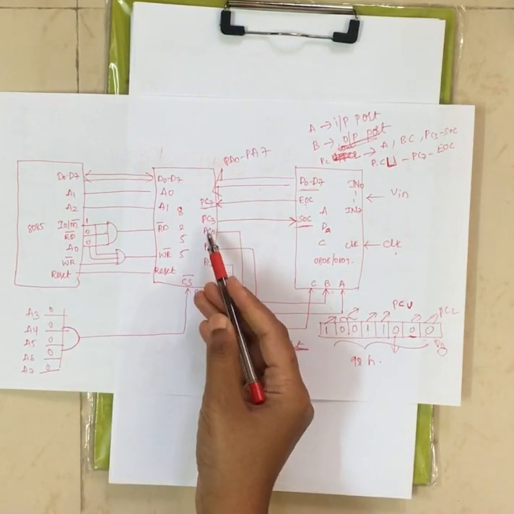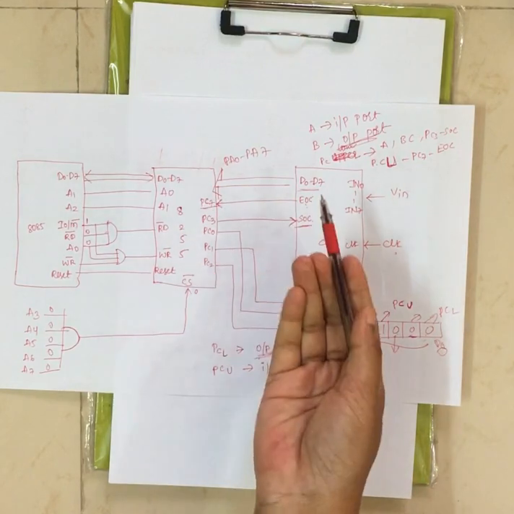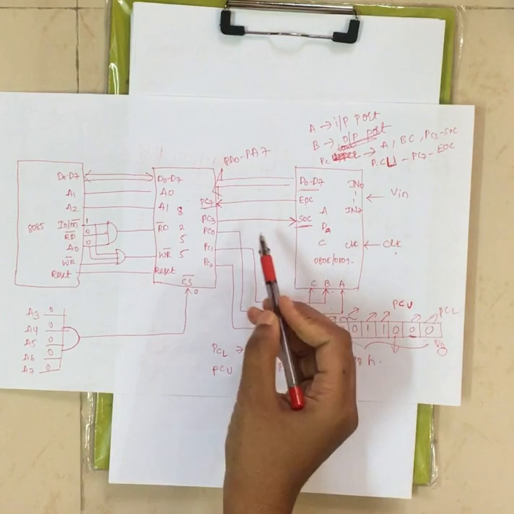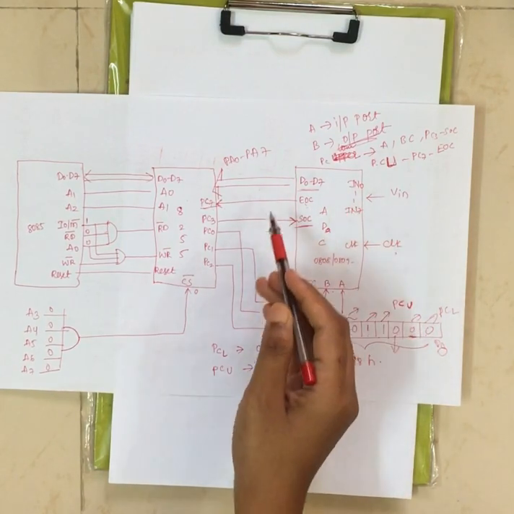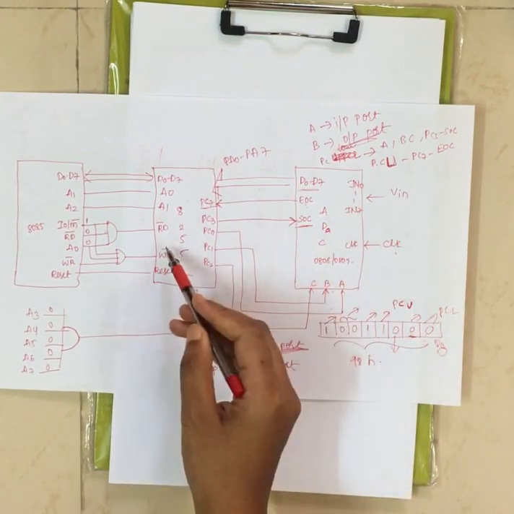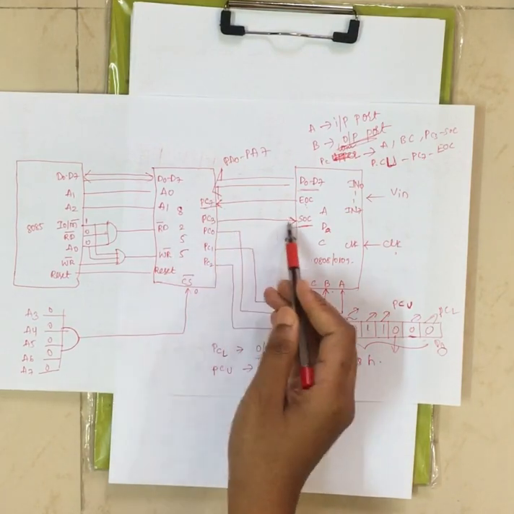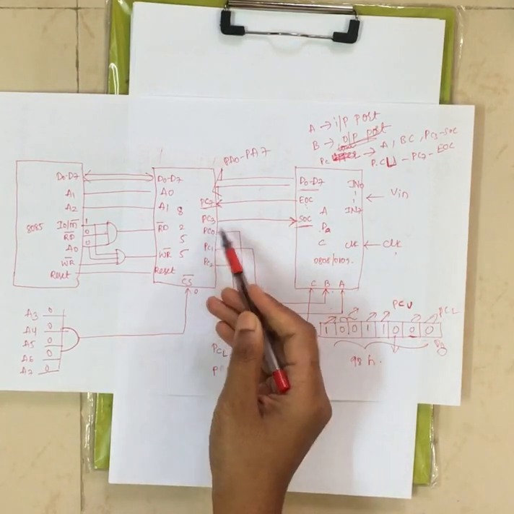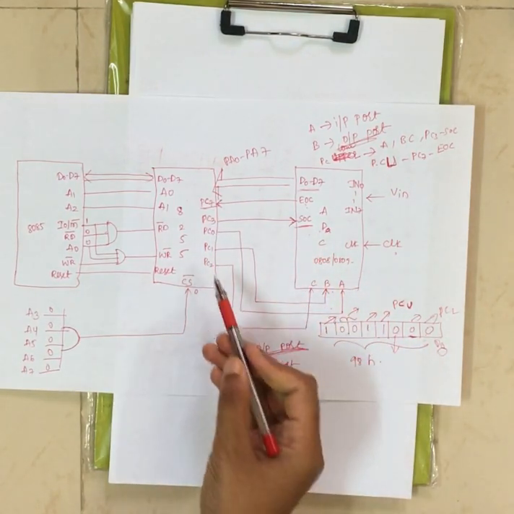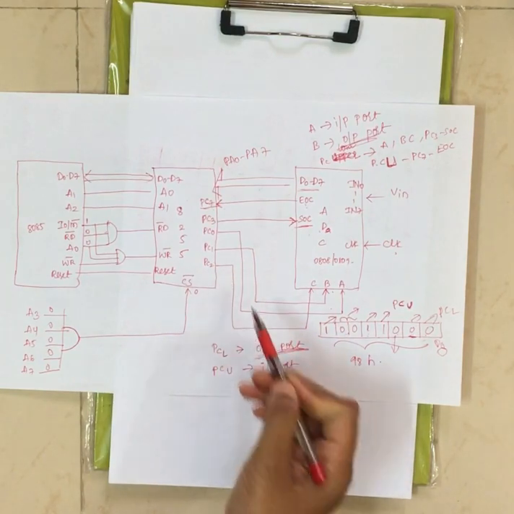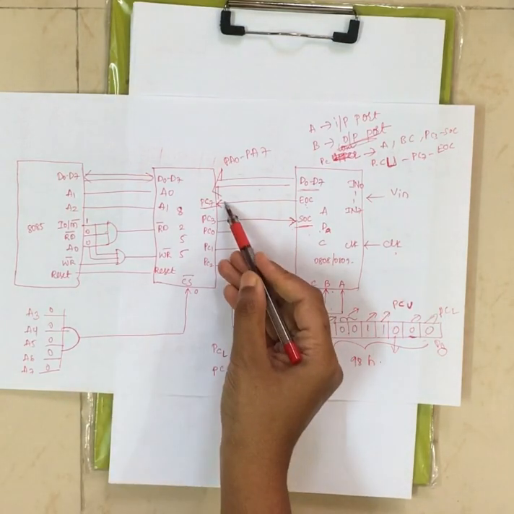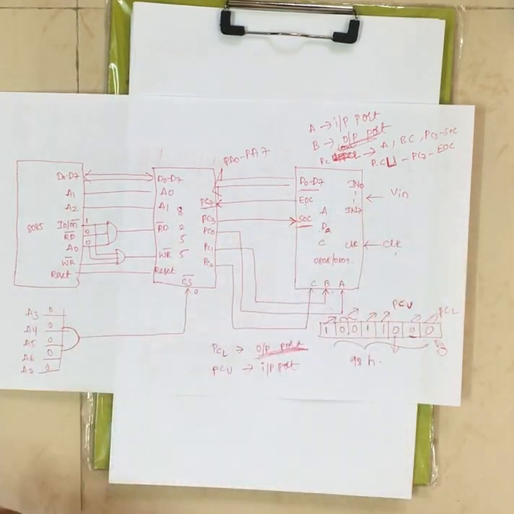Now before ending the conversion, first it has to start its conversion, right? In order to start the conversion, a particular signal from 8255 has to be generated to start the conversion of analog signal to digital signal. That means it is writing the data. PC3 is writing the data. That's why PC3, PC0, PC1, PC2 are writing the data to ADC, nothing but output ports, right? Now PC7 and port A are reading the data from ADC. That's why those are called input ports, right?